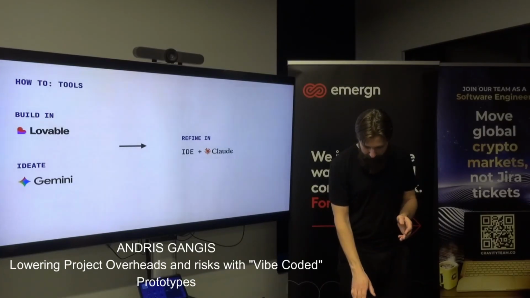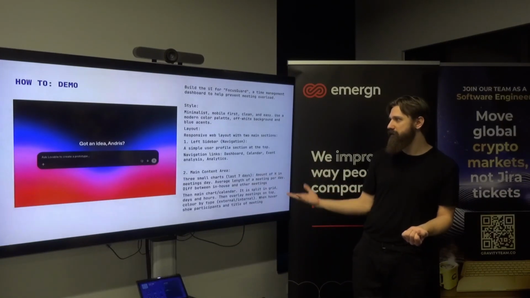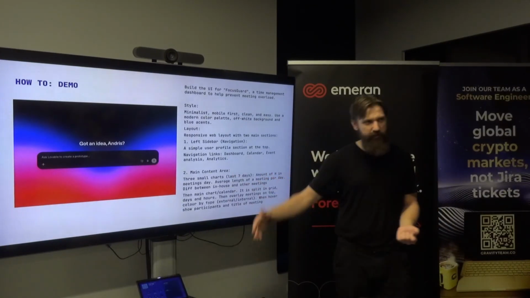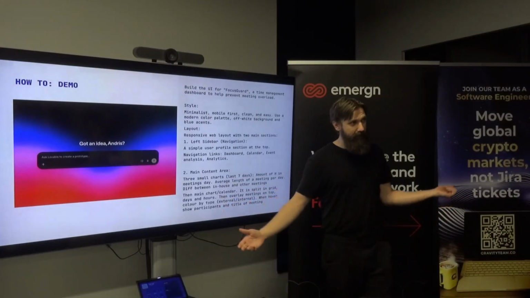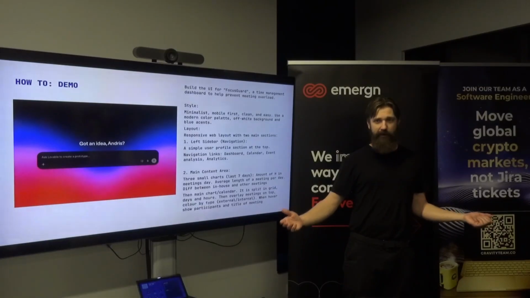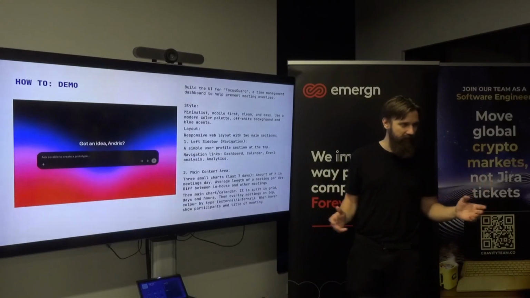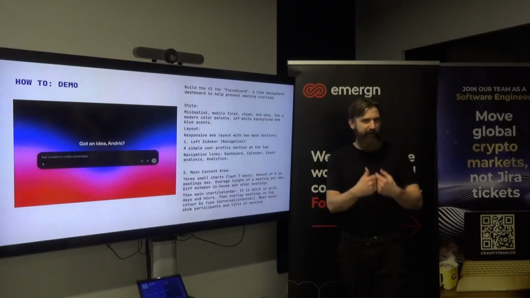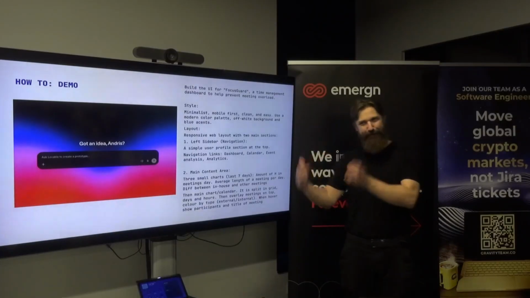So, okay, for the demo, how to start. Basically, this is Lovable. This is where you start. We start with the prompt. So, where to get the prompt? Basically, you could ask Miro, because I don't know if you know, Miro is a virtual whiteboard. It also has an AI, because everything has AI now. You can ask its AI to generate a prompt for Lovable,